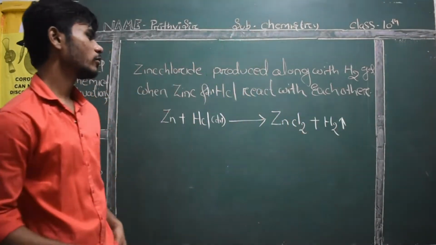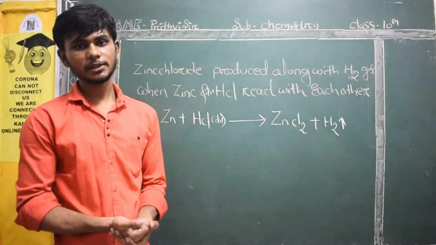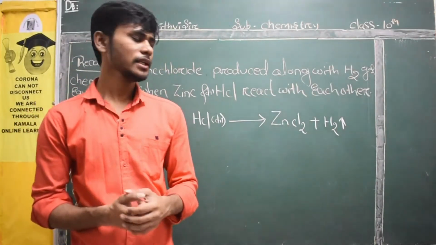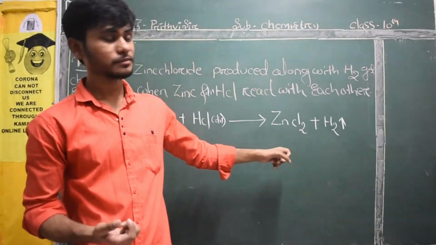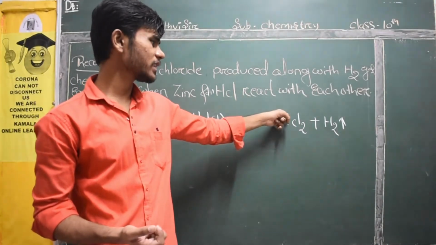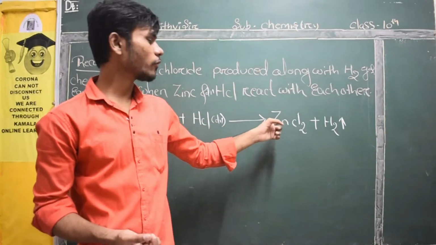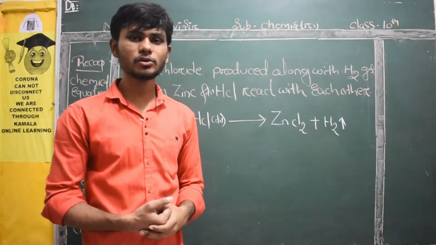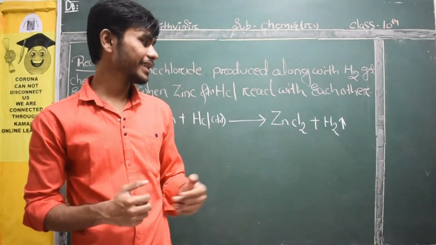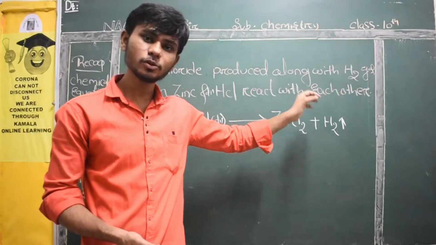Now the question is, sir, why did you write Cl2? Why did you write H2? Students, it's very simple. If you have read the 9th class crisscross method, I hope you can remember it. In the crisscross method, we have already read that the charge of zinc is 2 whereas chlorine is 1. So they both come down alternately and the formula will be zinc chloride. Whereas for hydrogen gas, why H2? H cannot stay independently. It needs another H. It is a gas, liberated as we have seen in our experiment. So for that gas, it needs to be H2.